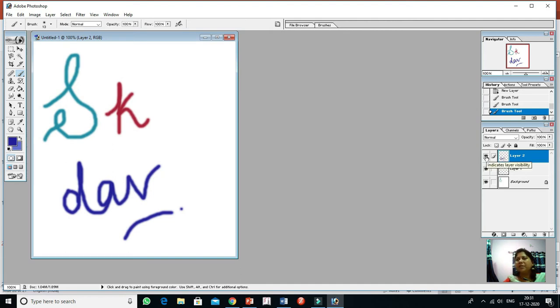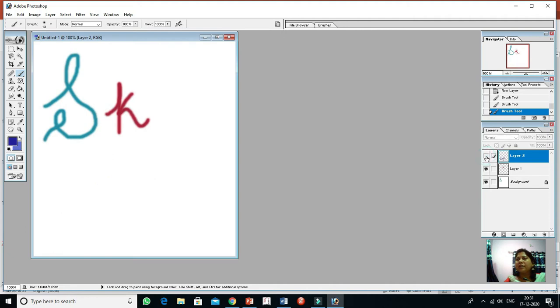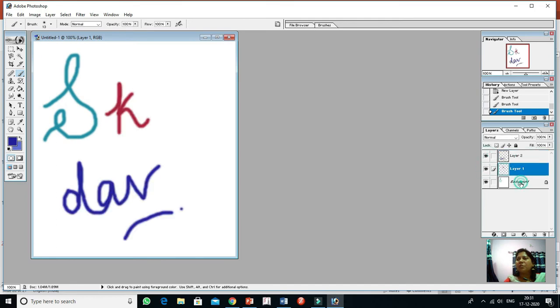Okay. Now see, these are the indicator layer visibility icons. As this one is selected, you are active in layer number 2. If I click it, layer number 2 becomes invisible. If I click on layer number 1, this one becomes invisible. Again if you click it, this one is visible. You can switch between these options, and as per this indicator you can visualize the layer number. If I click this one, layer number 1, my K is displayed because K is written on your layer number 1.